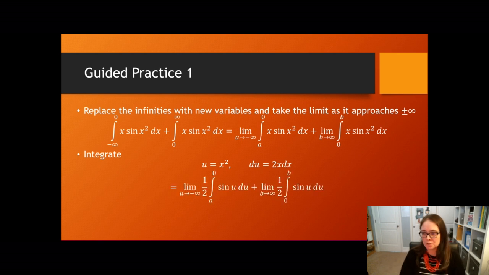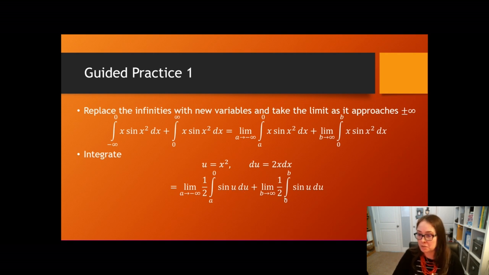So after doing that u substitution, my two integrals look like this. So I still have my limit. I've got the 1/2, which I pulled out in front of the integral. You can pull it all the way out in front of the limit if you want. So I could do that for both of these and just have a 1/2 out in front of everything. Key is not to forget about that 1/2 later, because it might influence the value of the limit at the end. And then I have just sine of u du